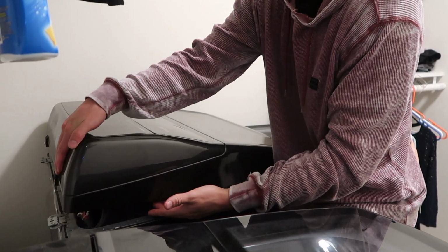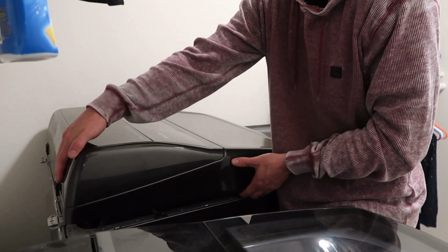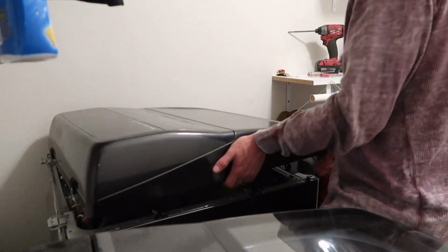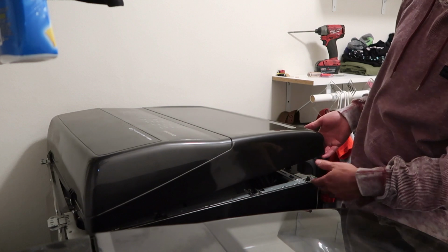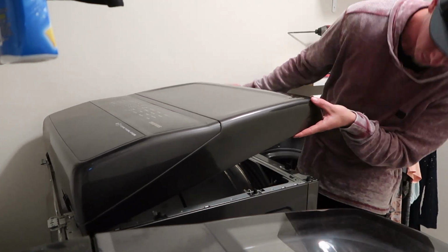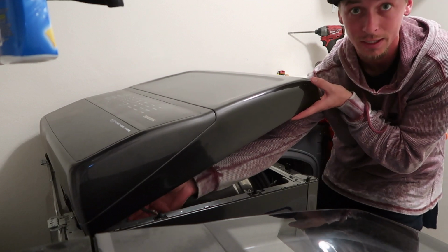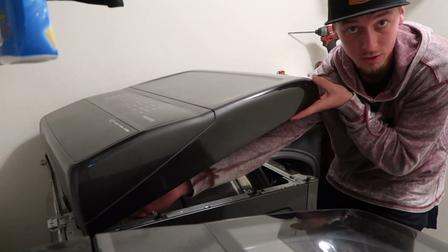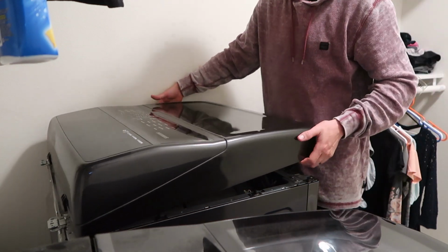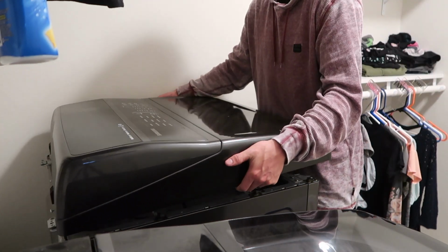Now you can see we can lift this back side up, but this front side doesn't want to come out too easy. There's a couple pegs. All you have to do is just give it a good little pull. But be careful, because there's also connections on the back side here that the wires go to. They go to this main unit. So keep that up there, but what I do is I just take this and I move it backwards a little bit,